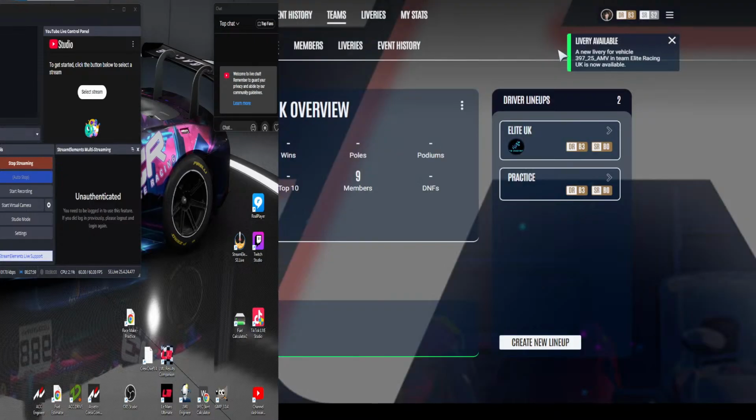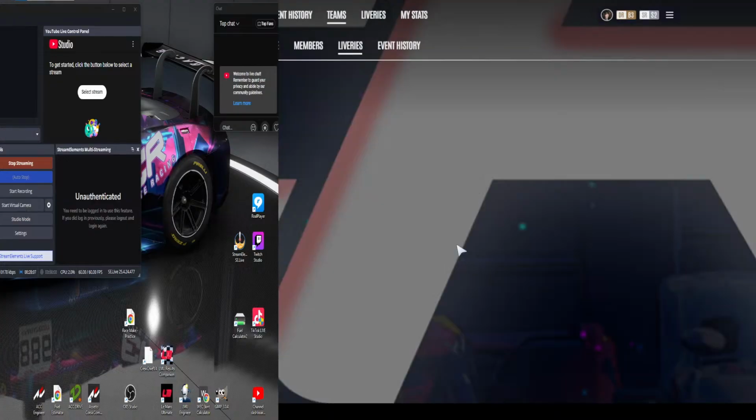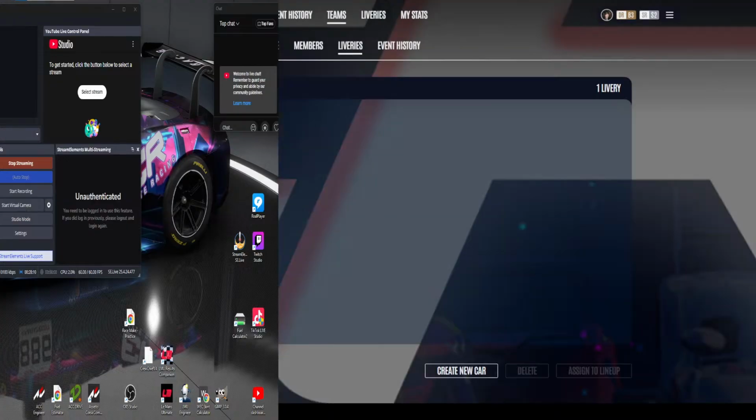Livery car is in there. Got the notice. So now I'm going to go to liveries, view your liveries. Bam, there's their car. Alright, that's it. So that's the way I do it. I hope this